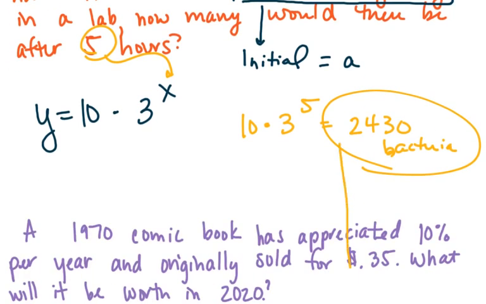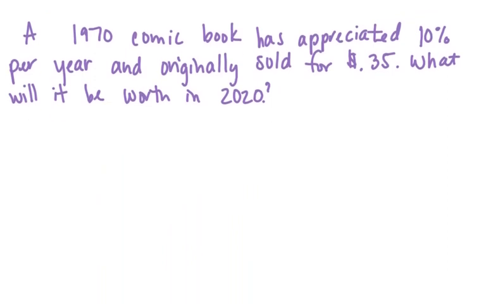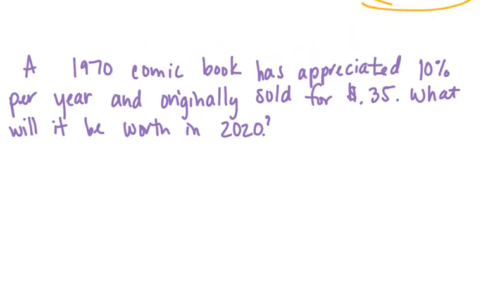All right. So this is just an example where I was given a growth factor. But let's take a look at an example where I was given a growth rate. So if I look at this bottom question here, a 1970 comic book has appreciated 10% per year and originally sold for 35 cents. What will it be worth in 2020? So you can see this 10% appreciated, first of all, means a growth, okay? So this 10% is not a growth factor, okay? So we need to